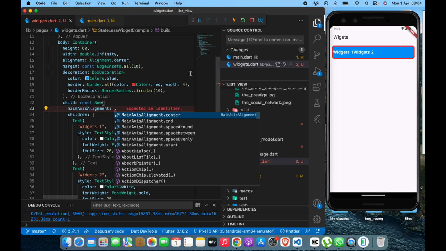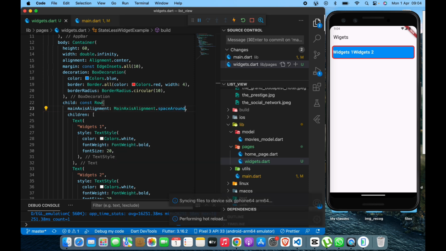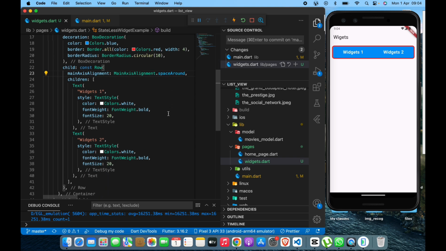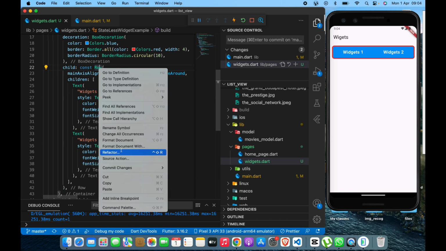Main axis alignment means the alignment property of this row, the horizontal alignment of these objects, right? Then if we put mainAxisAlignment as spaceAround, then whatever space this row has will be equally divided between the two widgets, and we have other properties as well that we can use on this side. Okay, then the next thing is if we need to use the column, then we can wrap this row